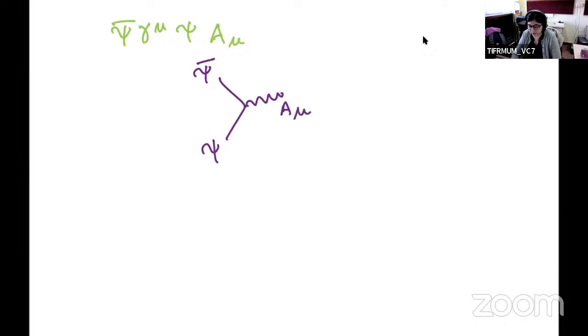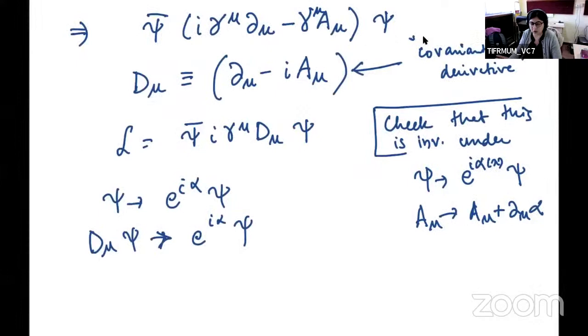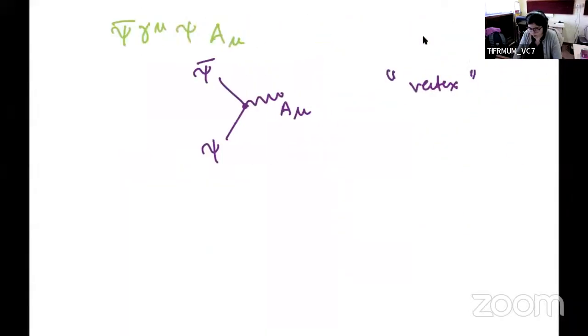So it essentially gives you a new vertex between your original fermions and this new X vector particle, which is bosonic, it's spin 1. And you can think of it as a photon. So if your psi's are electrons, then the a mu is a photon. So what we've just written down is a description of electromagnetism. Okay? So now if you have multiple particles,